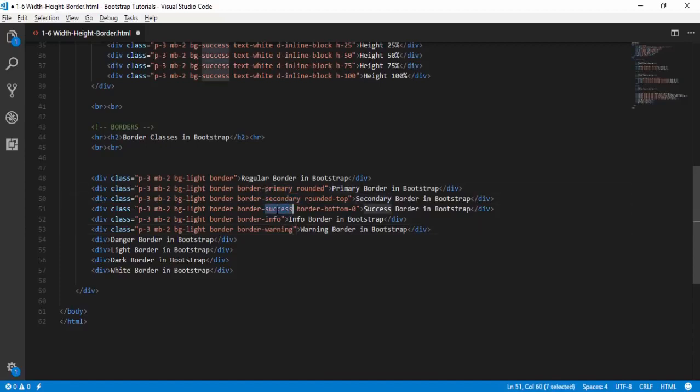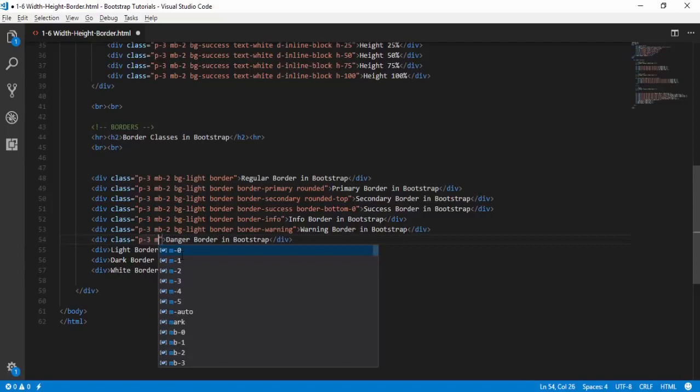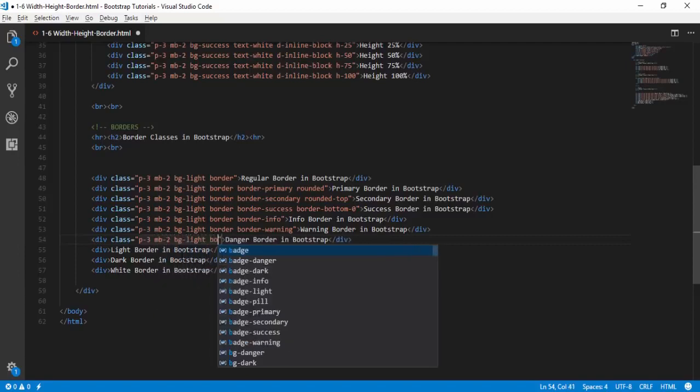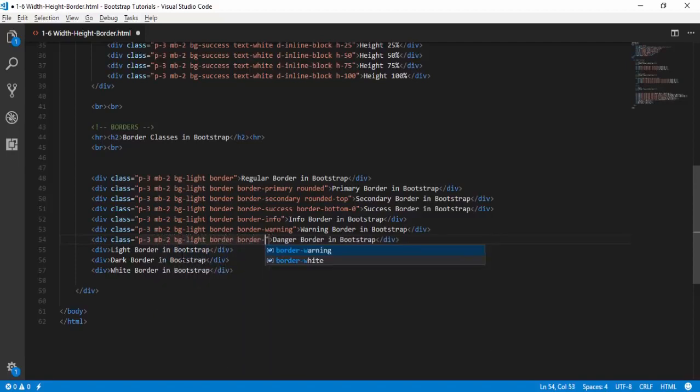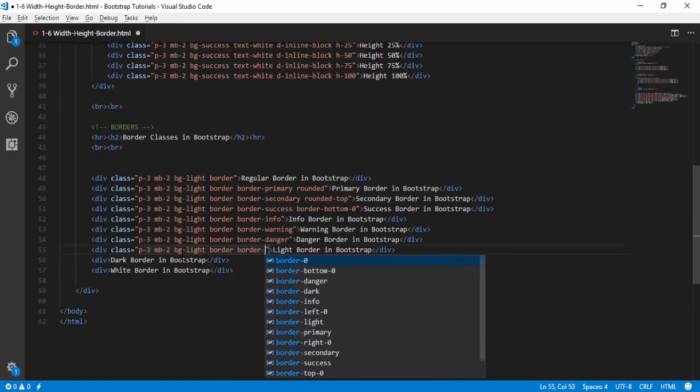Primary, secondary, success, info, those are different background colors, you know. I have already explained to you. Just write the border class, then a hyphen sign, and enter the name of the color you want to display in the browser. So I use the same way p3 margin bottom bg light border danger, and then I use, guys, class p3 mb2 bg light border light, sorry, I use border light,